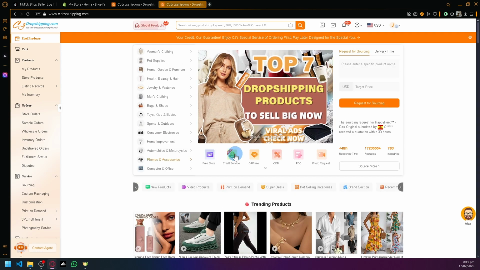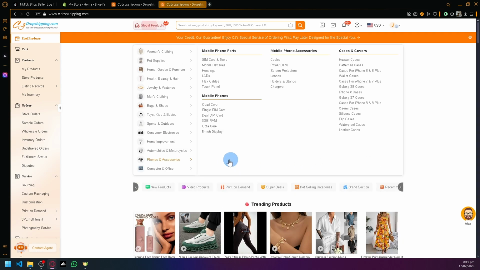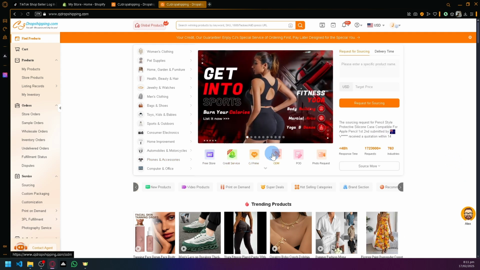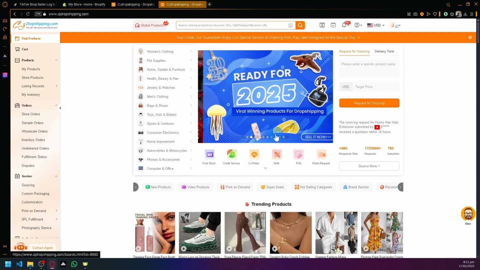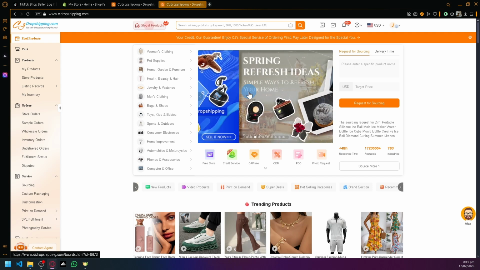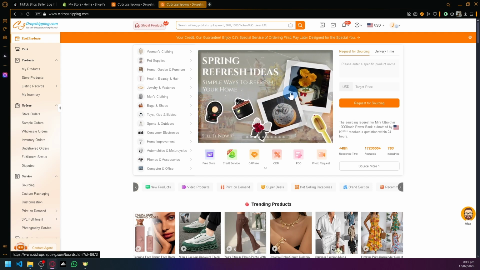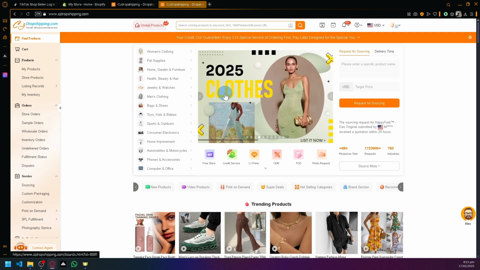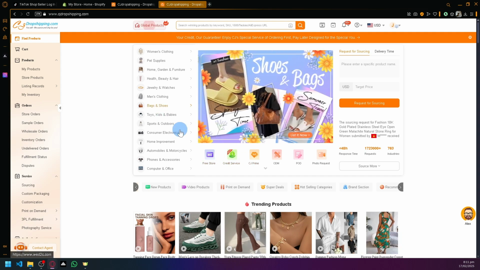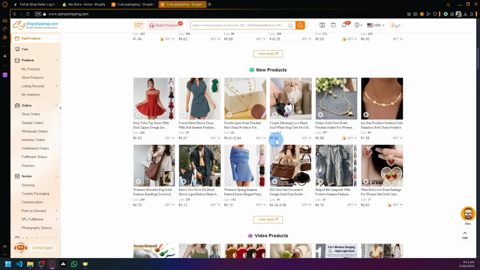You could take advantage of the available tags or gallery over here, because these are current promos or products during events. For example, if it's Valentine's, something like that. If it's currently a holiday or event, it would appear here, and those types of products are typically things that sell a lot in the season. Aside from that, if you check out one of these products, let's say this one over here, if you view that product,